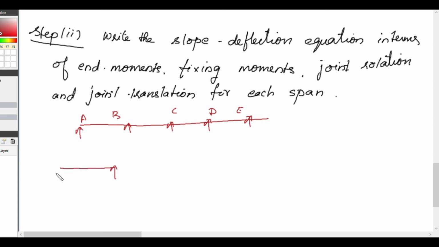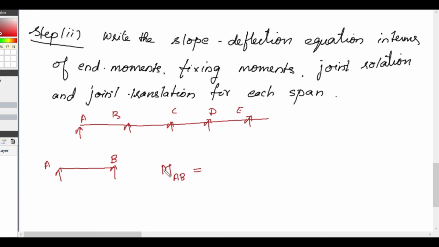While you are considering the span AB, we have two ends. One is A and the other one is B. That means our slope deflection equation is moment at A. That is, near end is A, far end is B. So moment at A, when the far end is B, will be equal to,